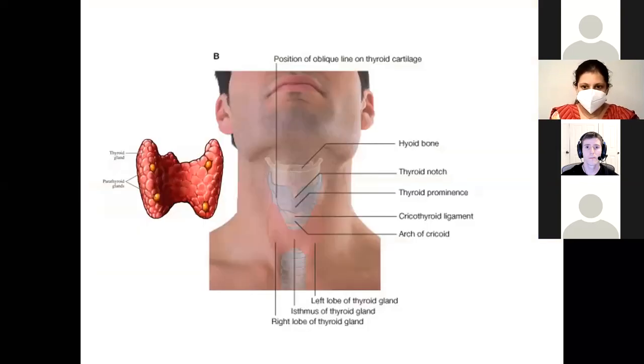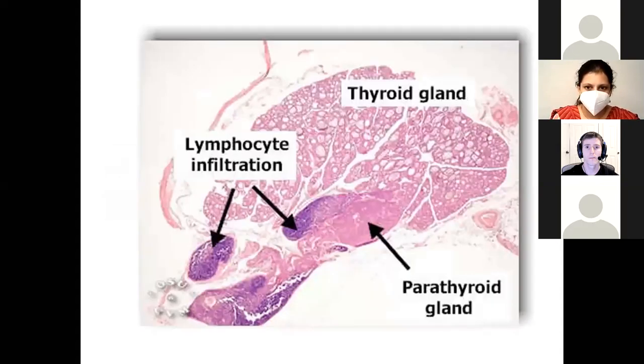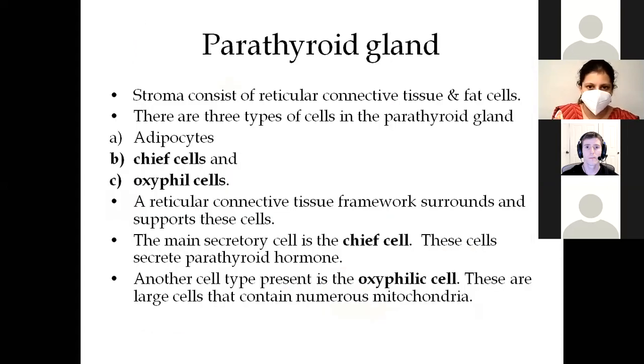Here you can see the thyroid gland, and they are showing you the exact location of all these four parathyroid glands. This is the same picture which I showed you previously, but over here I would like to mention that we are concentrating now on this parathyroid gland, which is attached to this thyroid gland. So this is the part we will be going through now, the cells present in it and the features of this gland.